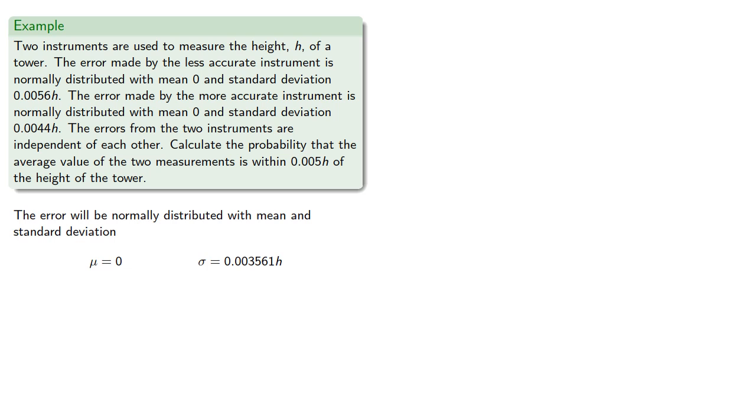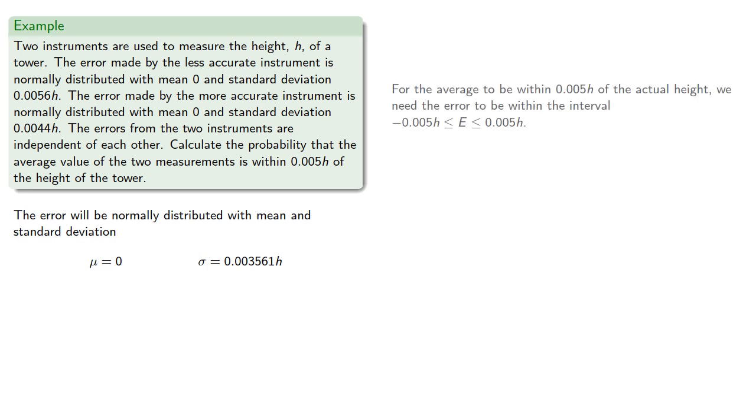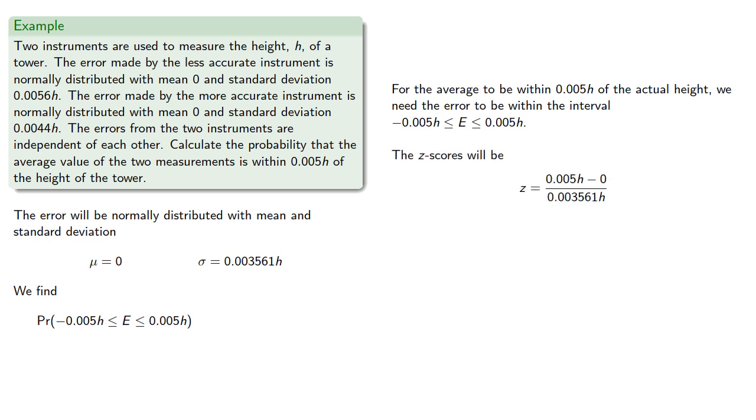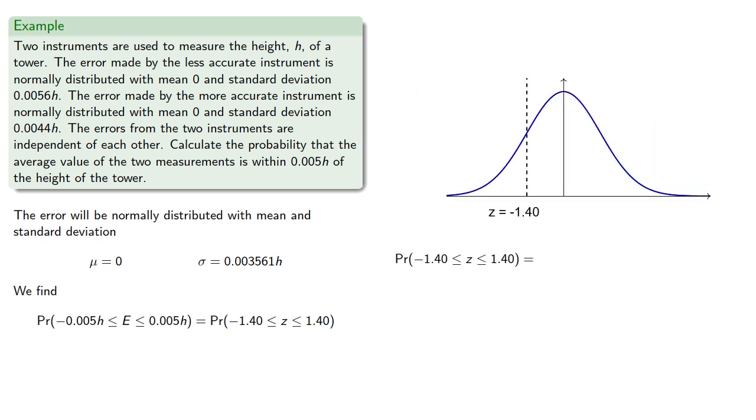Now, note that our standard deviation is given in terms of h, and that could be a problem, but let's not borrow trouble. For the average to be within 0.005 h of the actual height, we need the error to be within the interval. And our z-scores will be... and likewise for the negative value. And so the probability we're in the interval